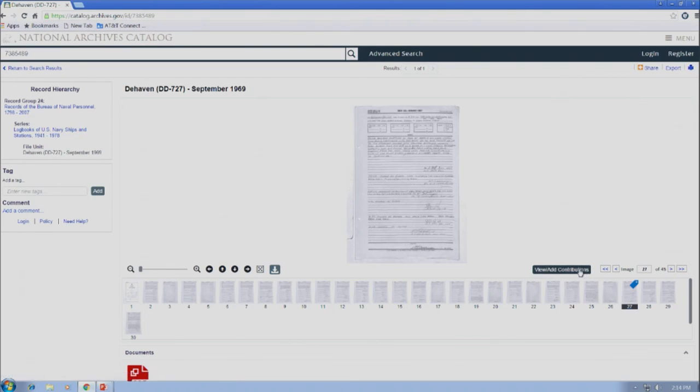Now, to get to the comment, you can either click View/Add Contributions, or you can click on this little icon. This little icon on the thumbnail is how you can tell whether or not there is a contribution on the page. So any of these that don't have that icon means nobody has either commented, tagged, or transcribed. This icon means that there's either a tag, a comment, or a transcription, but it won't tell you which one of them. You click on that, and you get the pop-up window, and here you'll see somebody commented